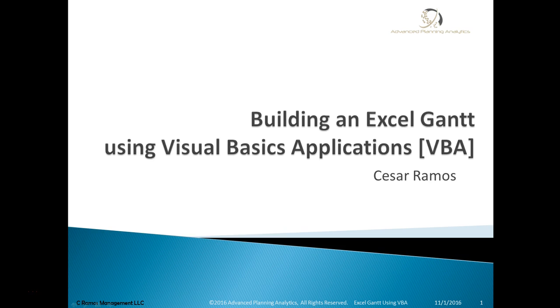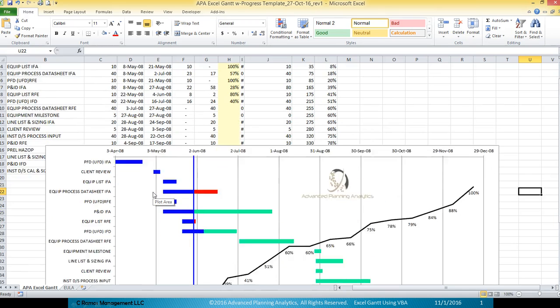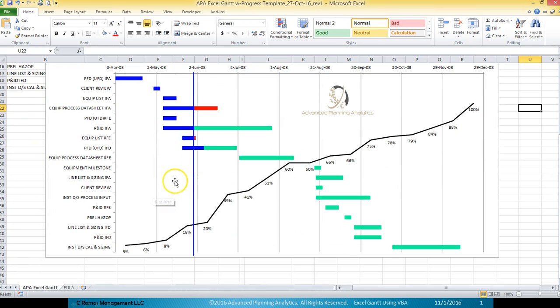The past few days I've posted videos on how to build an Excel Gantt chart utilizing graphs, charts, if you will. And I've had quite a few questions on adding milestones and such to this graph, which the answer is yes, there is a way. It takes additional steps, and the process to put it together is slightly different. It's not harder, it's just different with more steps. So before I